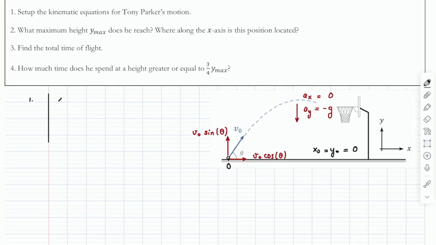Okay, now what will those be? Well, x of t is going to be v0 cosine theta t, and then y of t is going to be minus 1/2 g t squared plus v0 sine theta t. And by the way, once I have my kinematic equations, I can answer any question about the problem, right? Because it captures the position and the velocity as well as the acceleration of the particle or the object as it moves through the air. And so I can answer anything.